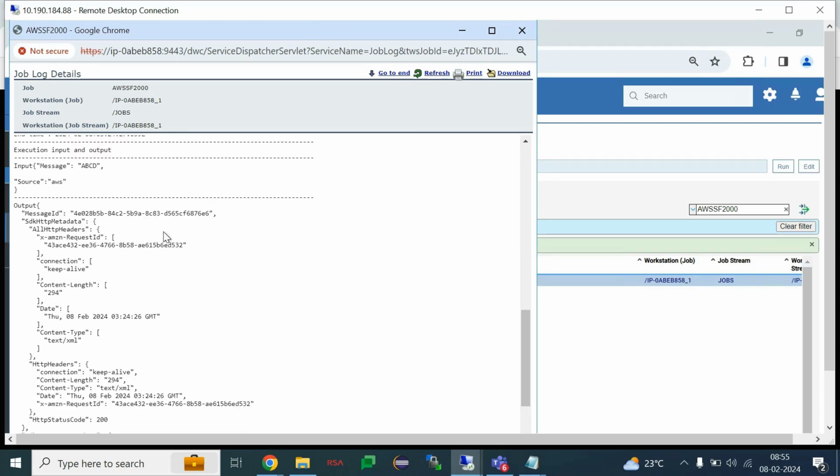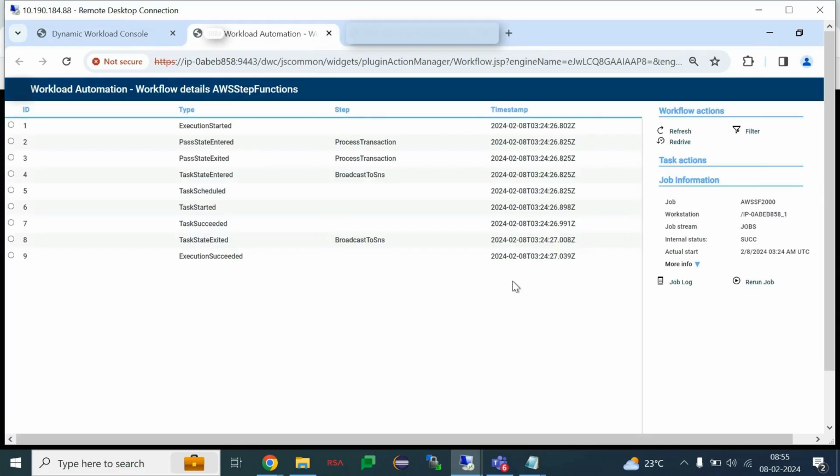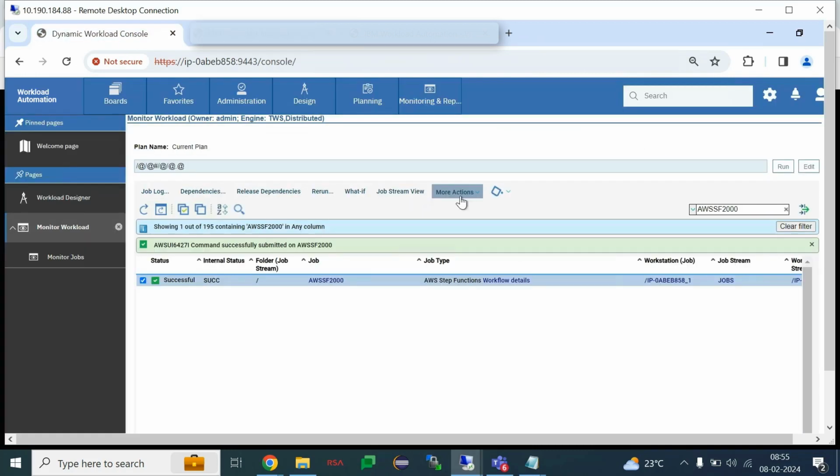These details are fetched from our AWS console only. In the workflow details also we will see step by step whatever transactions happen, whatever task starts and execution succeeds, all the details will be fetched from here. And if you go to Extra Properties,